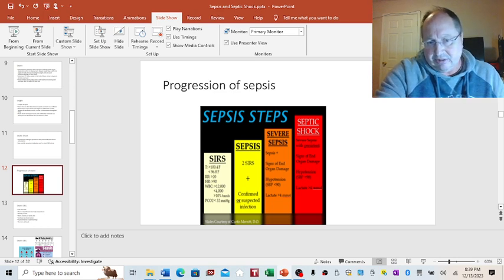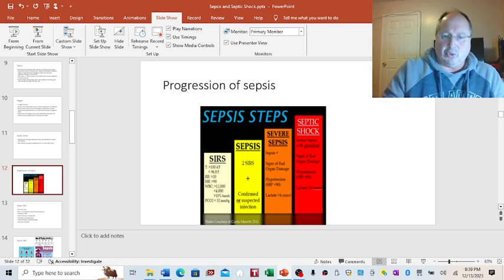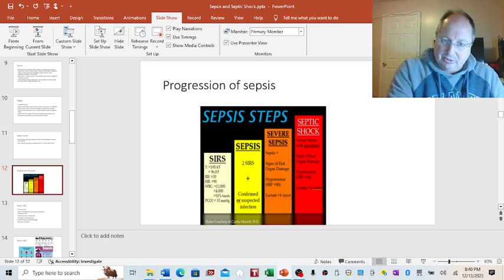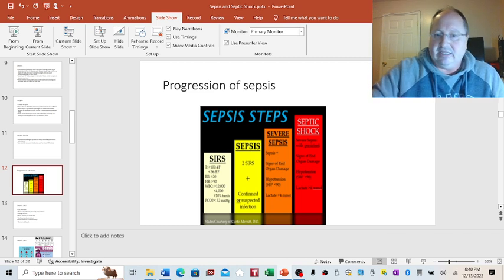That's 2 of the SIRS criteria plus a confirmed or suspected source. So if we think it's a UTI, or we think they have pneumonia or cellulitis or something like that, that would be considered sepsis. Your severe sepsis is both of those, plus signs of end-stage organ damage,